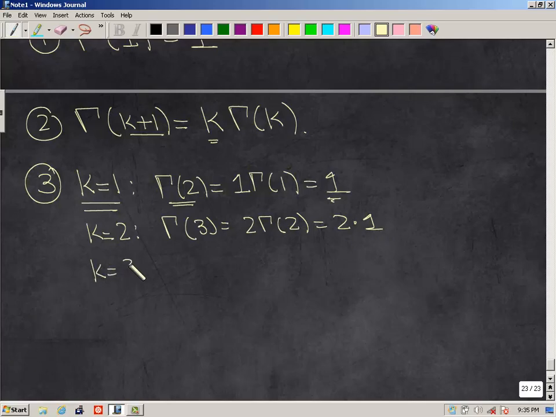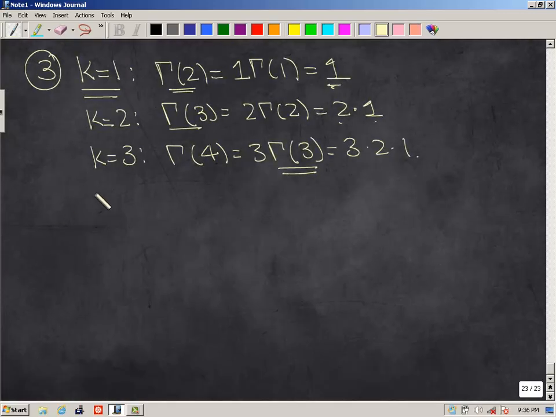Let's do one more. 3. What is gamma of 4 then? It'll be k, which is 3, times gamma of 3. What is gamma of 3? We just did that a minute ago. It's 2 times 1. So you get 3 times 2 times 1. I hope you guys can see what's happening here. So in general,